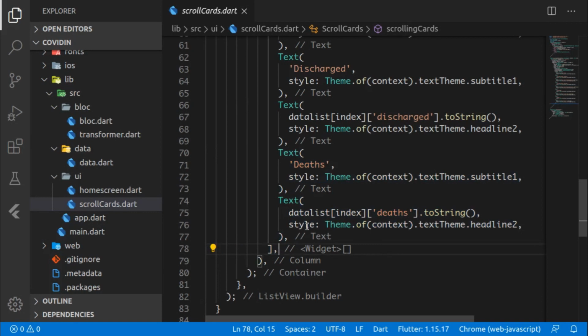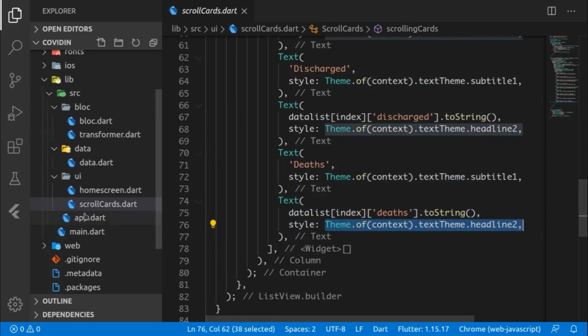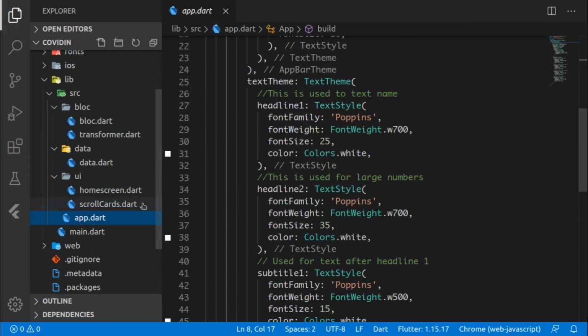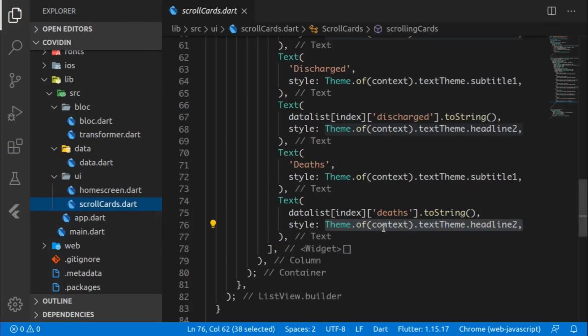And in the style of the text, as I told you, I defined a theme in the app.dart file. And it feels much easier for me to just type Theme.of(context).textTheme.headline. And this context keyword is very important if you are a Flutter developer, and if you want